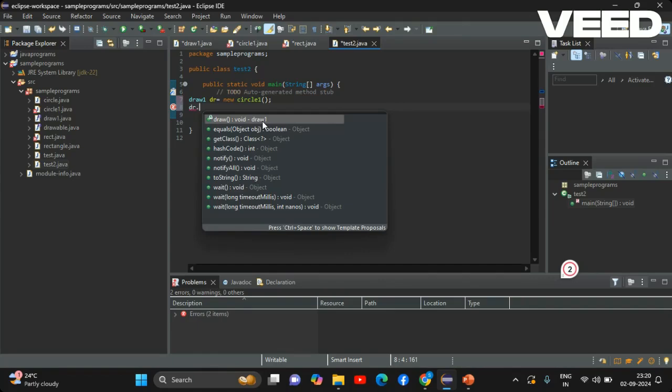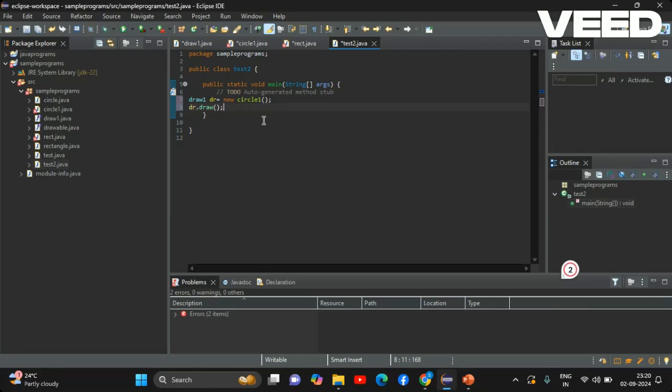So the dot operator will generate a drop down menu. Inside that, the first function is the draw function from the draw one interface. So I included it. Here we only accessed the function inside circle1.java named draw, which is only declared inside the interface, and the implementation details we gave in circle1.java. So when I run it,